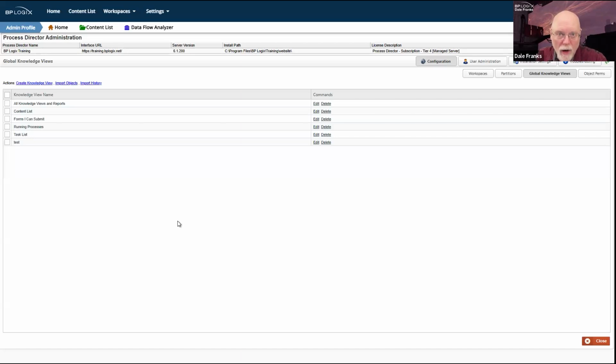And once you've created a custom task list knowledge view, you can display it in a workspace or dashboard. So if I have a workspace for a specific application or set of applications, and I only want to show a subset of all of the tasks for a user that are only relevant to that specific application or small set of applications, you can certainly do that. The place to do that is in the content list. You can make content list knowledge views that are task list knowledge views all day long. Knock yourself out. Make as many as you want.